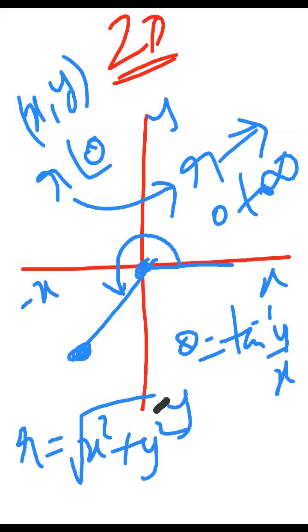And again, what is the range of theta? I can start at 0 angle. I can go to 90 degrees, 180 degrees, 270 degrees and 360 degrees. So my angle is 0 to 2 pi, or 0 to 360 degrees. This is the simple relation between the Cartesian and polar format.